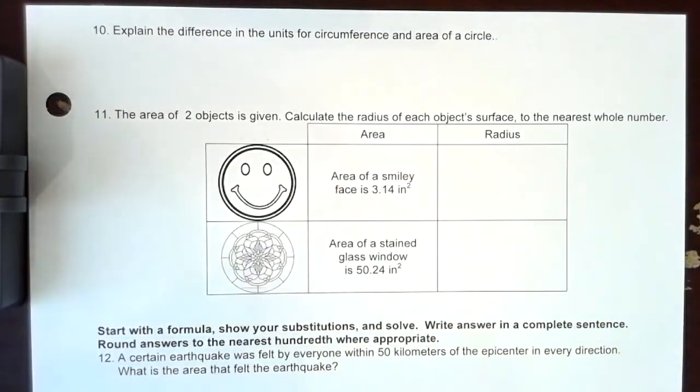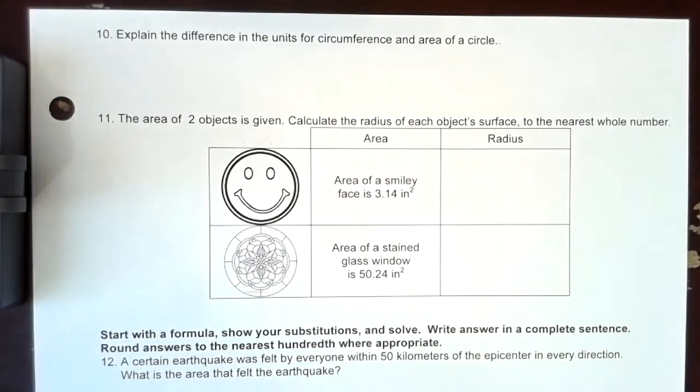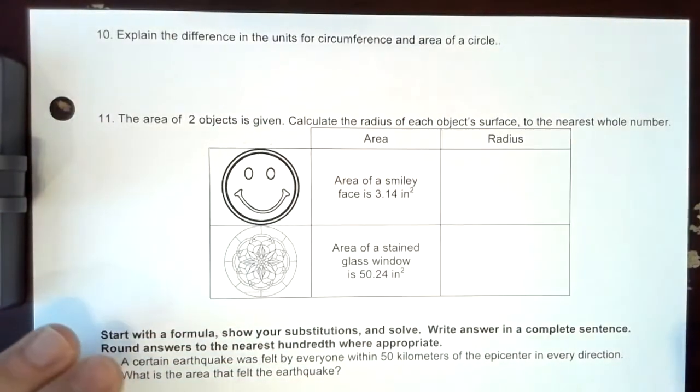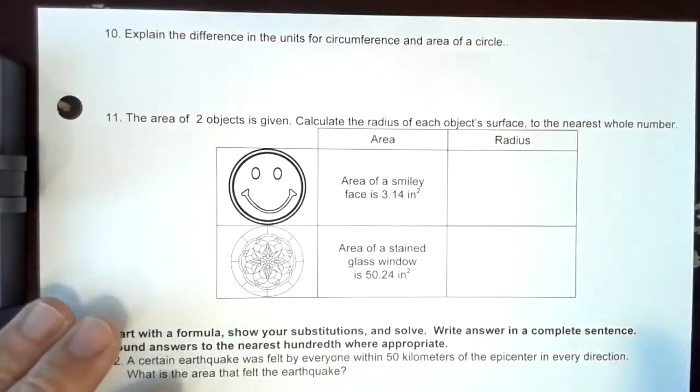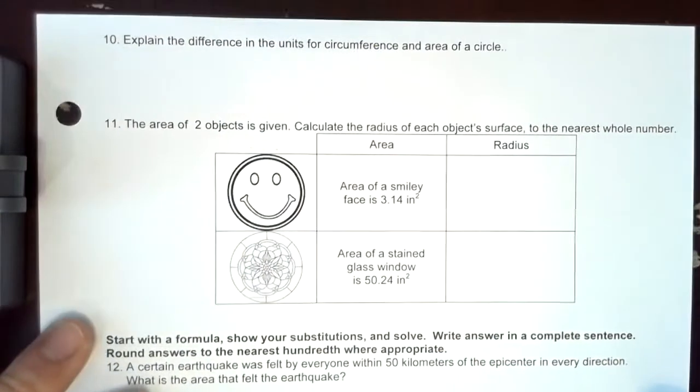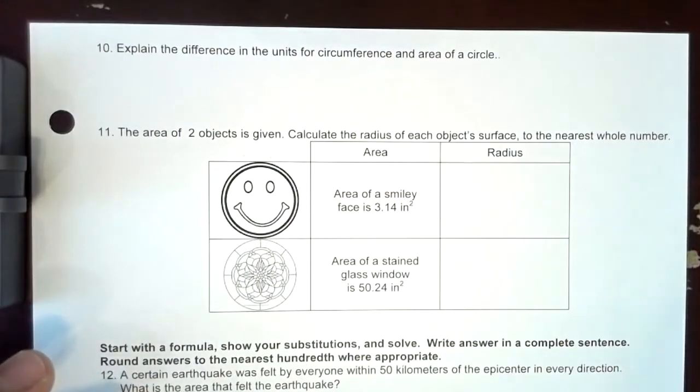That was a nice break. And we have one more page to go. So let's just finish. Number 10 says, explain the difference in the units for circumference and area of a